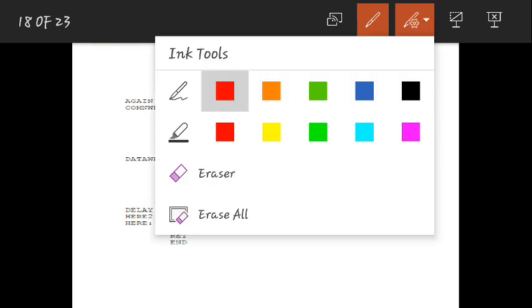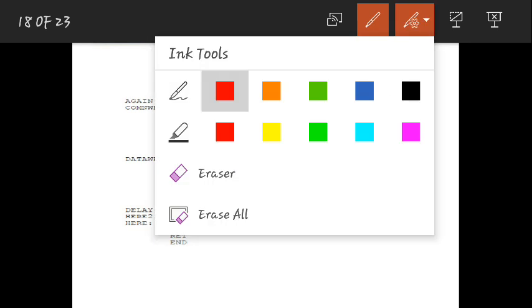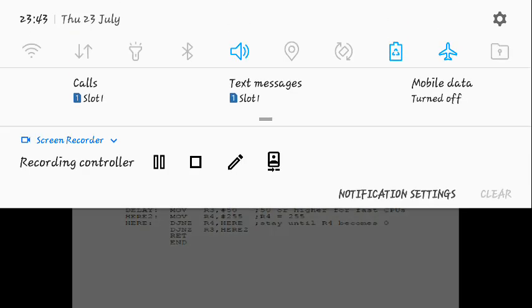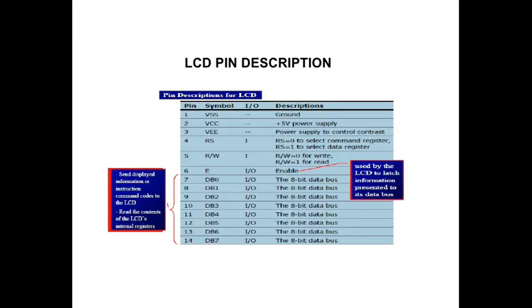So now these are to call individual single bytes. The same program we have also written using data bytes. We have written all the string values together, so you can also consider it that way, and you can also write it by using indexed addressing mode. Is that fine? So this is about LCD, and by this we will end the session.